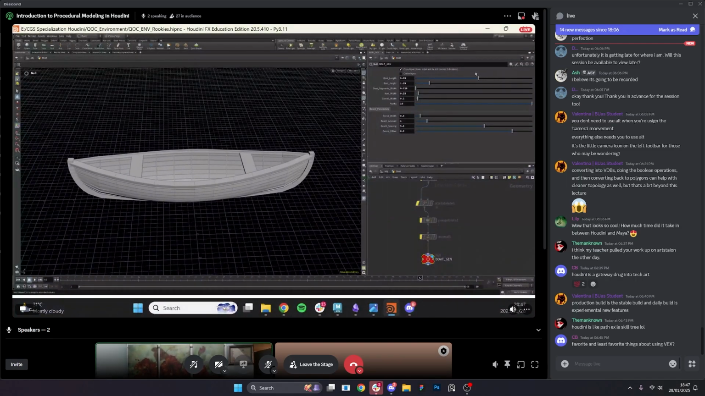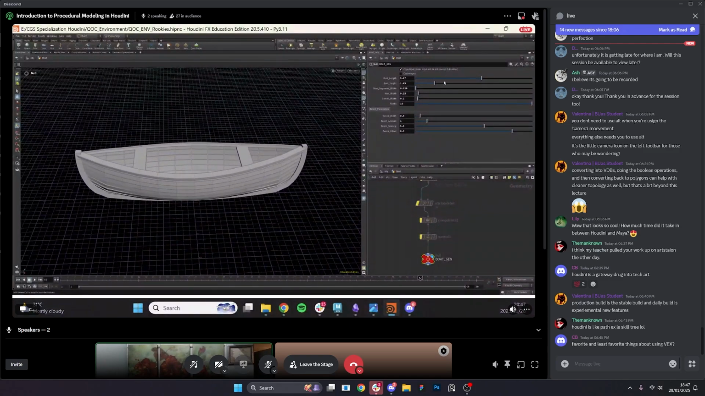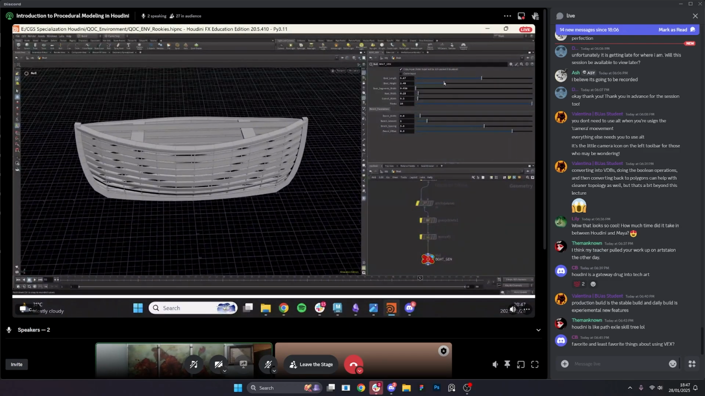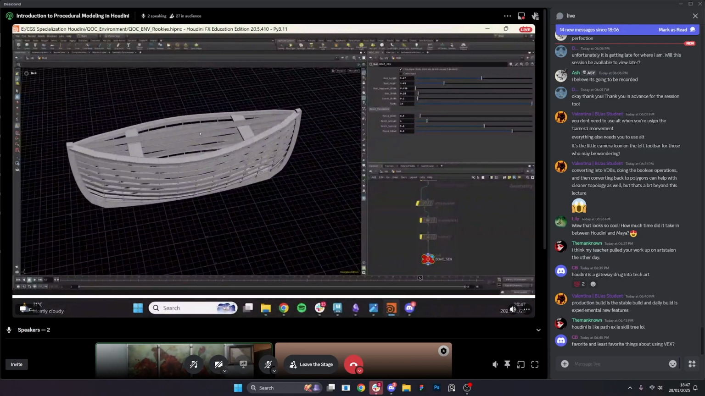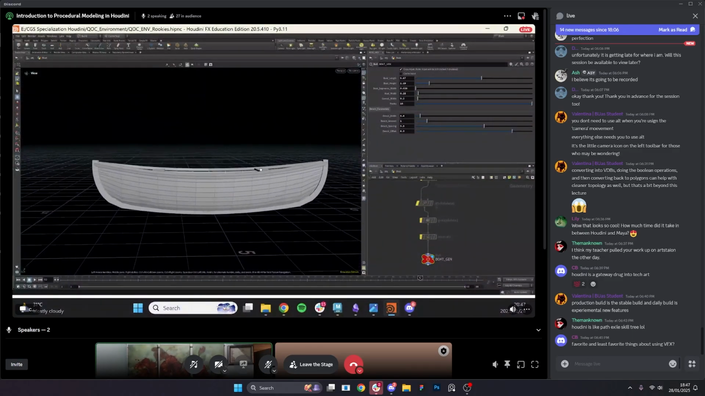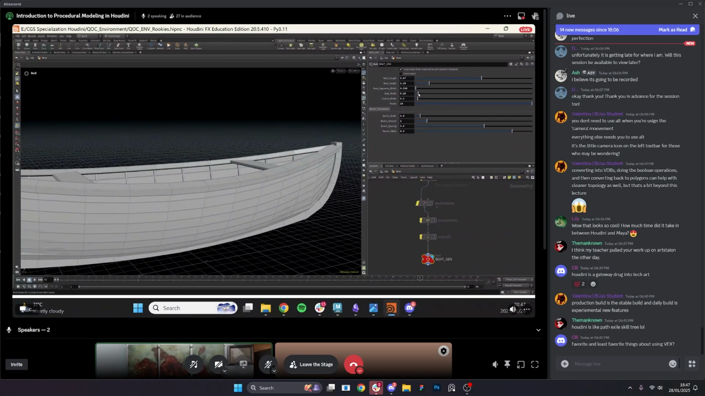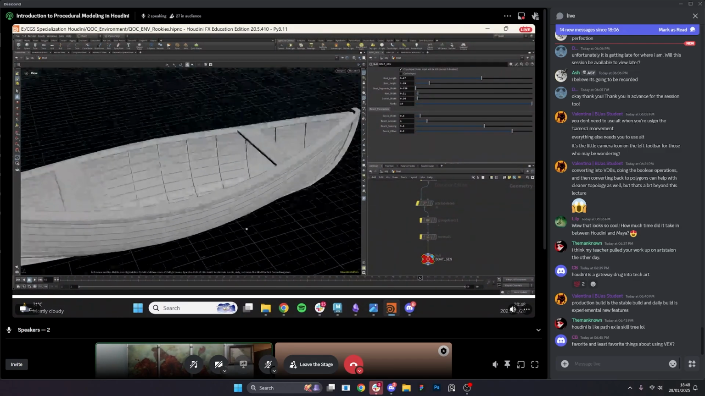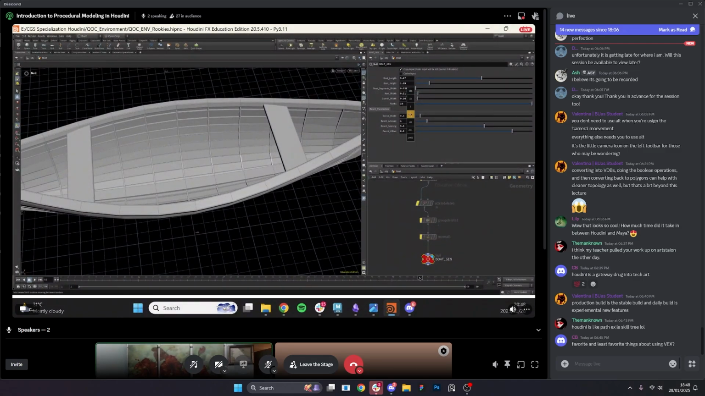So we've got different controls. We can adjust the length. We can adjust the height, which you'll quickly see what the problem here is. We've got a problem in the center there, but I'll get into that. We can adjust the width of the bottom. We can adjust the width of the top. We can adjust the amount of planks. We can adjust the width of the